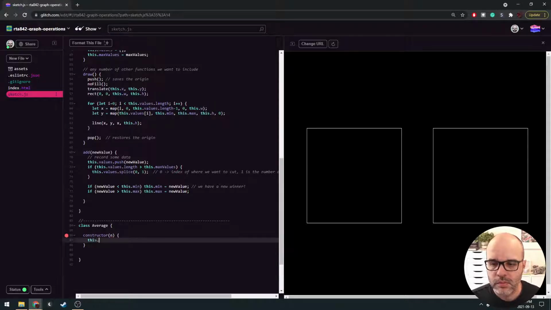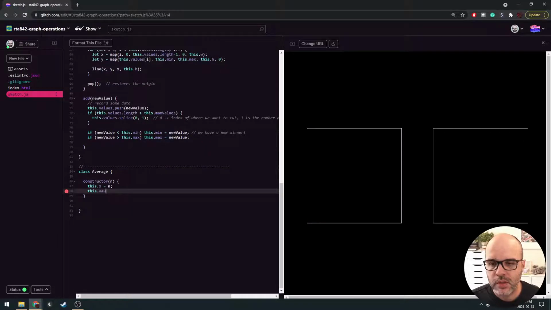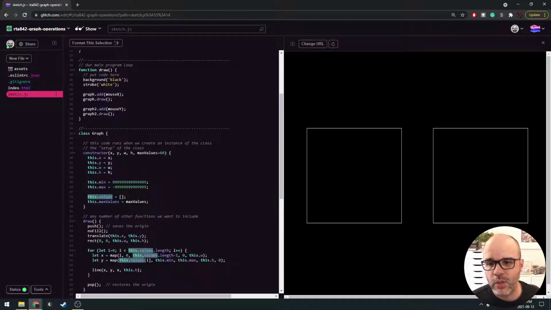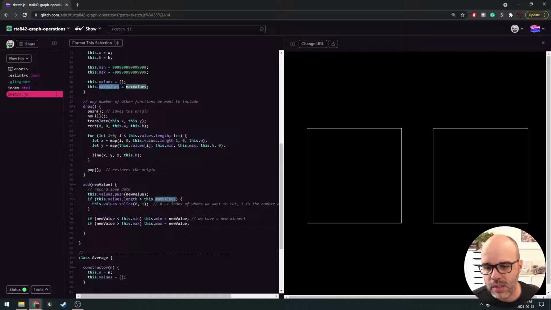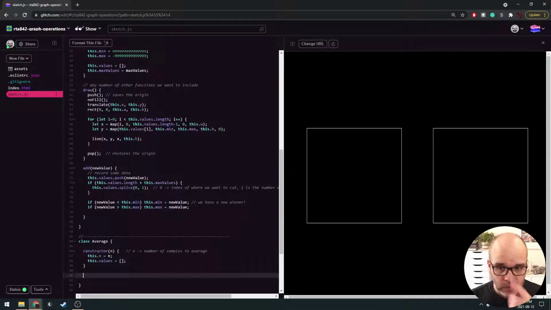And then we'll need an array. Let's call it values. And this array is going to contain the history, much like we do with the graph here. The only difference is what we're going to do with this history. So in a way, values here and max values are kind of the same thing as values and n. I'm just using n here for short instead of max values. So n will be the number of samples to average. Okay. So that's going to be our average